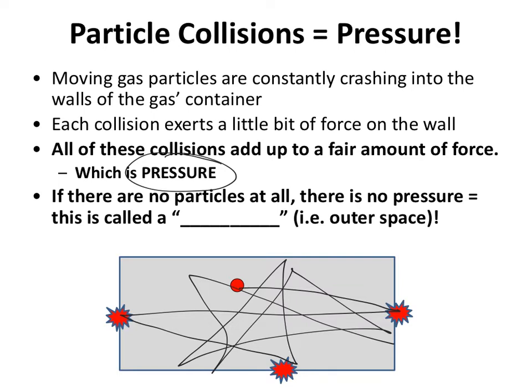Now this is just showing one particle of gas, but remember there's going to be a bunch of them, trillions and billions of them, so we're going to be feeling that constantly. There's always going to be that pressure there. Now if there are absolutely no particles at all, that's called a vacuum, and there's not going to be any pressure in that case. Actually, in outer space, there's no particles, and that's considered a vacuum there, not just what you use to clean the floor.